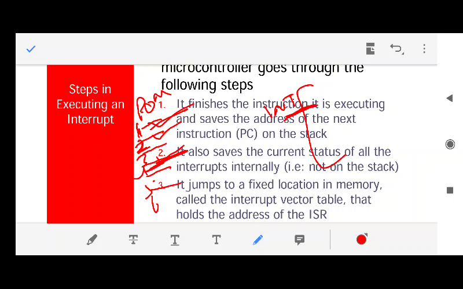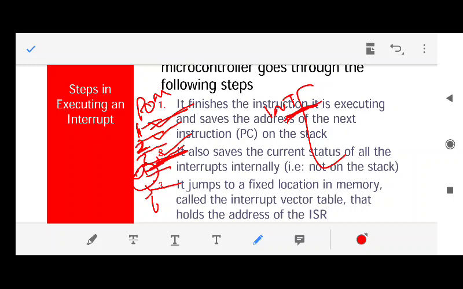Now what will 8051 do? Its duty was to finish line number 3 and execute line number 4. But since an interrupt has taken place, what will 8051 do?